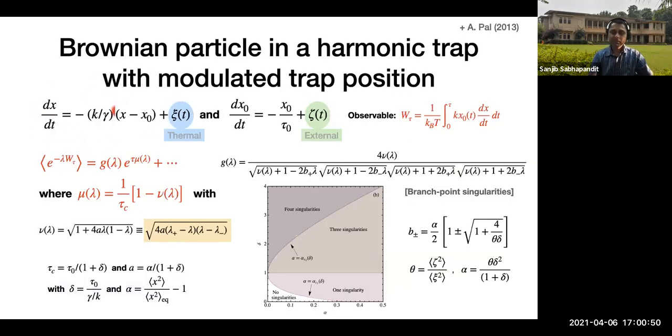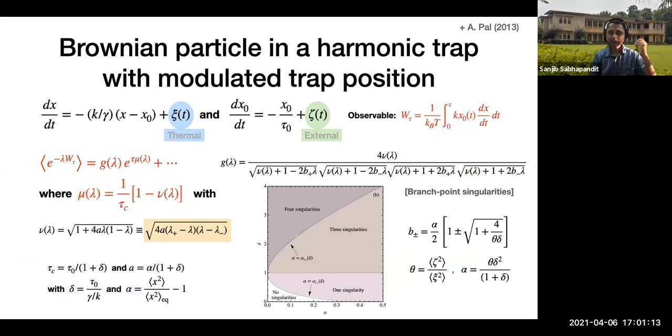I mean, this is a Brownian particle in a harmonic trap about x0, and this is just a thermal noise coming from the bath. And as I said, the position of the trap also keeps moving, and in this case it moves by an Ornstein-Uhlenbeck process. And you are interested in this work. So again, you can find out the generating function, and the corresponding mu lambda and z lambda, you can find them